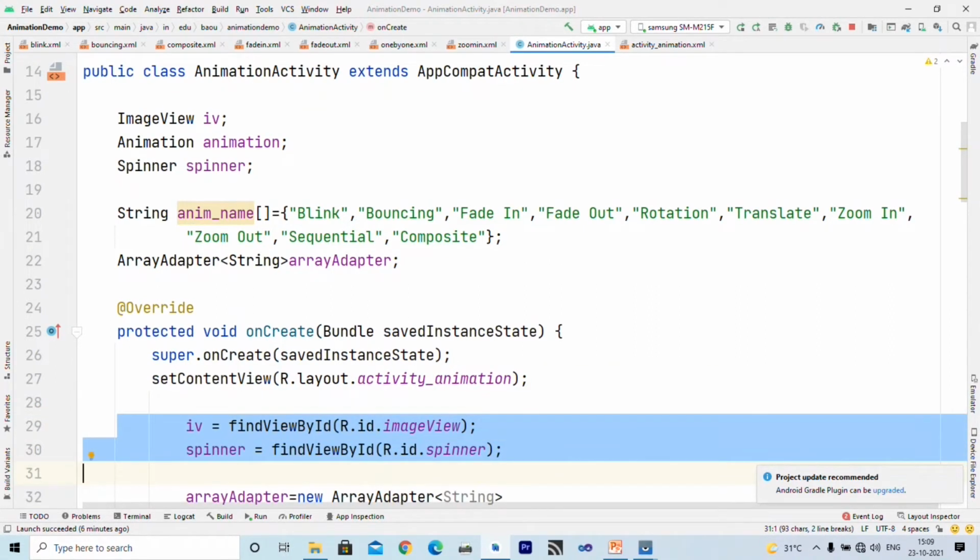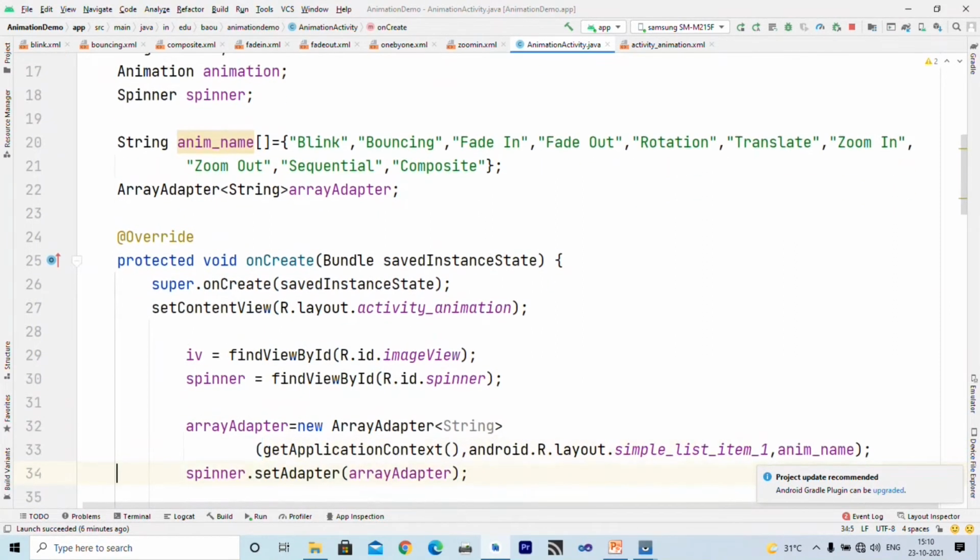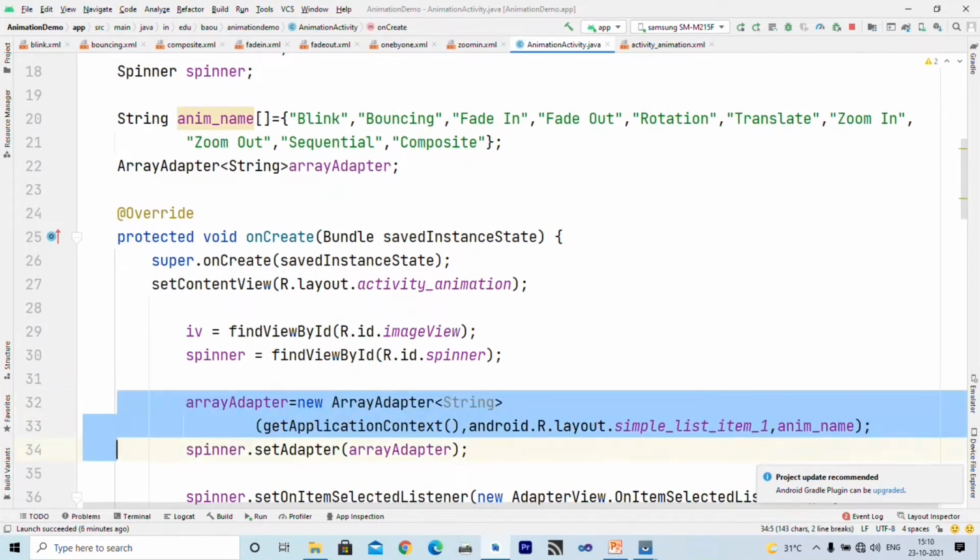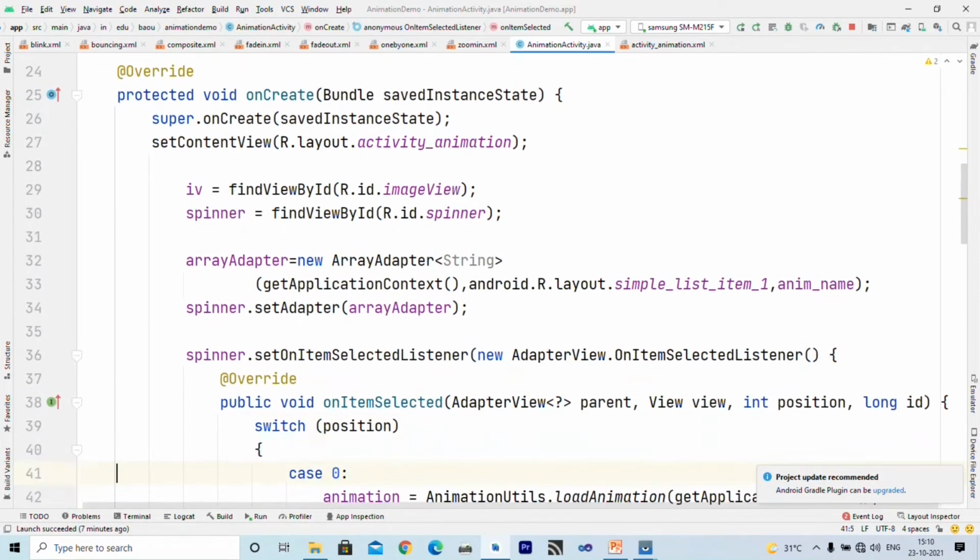We have taken a reference of the image view and spinner using findViewById, and we have set the array adapter, and inside the spinner we have set the adapter to the array adapter. This will display the various animation names.